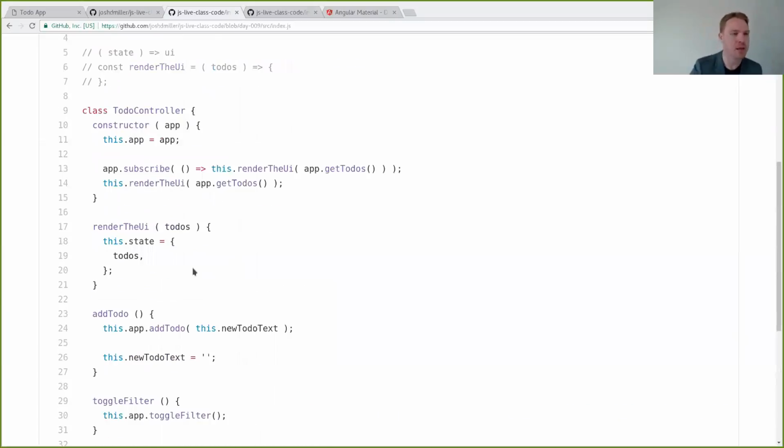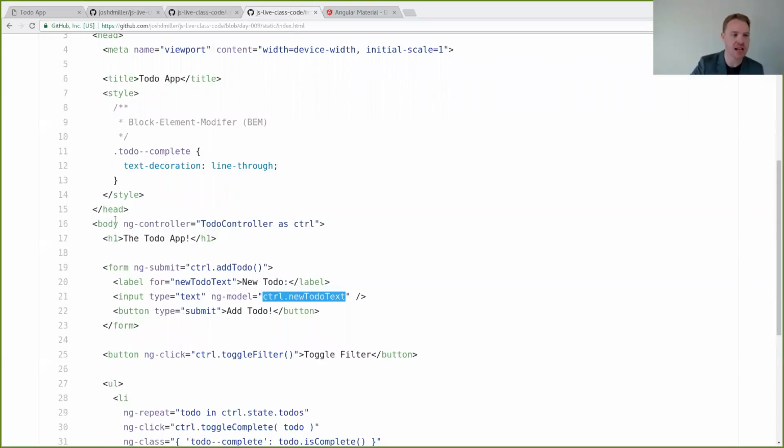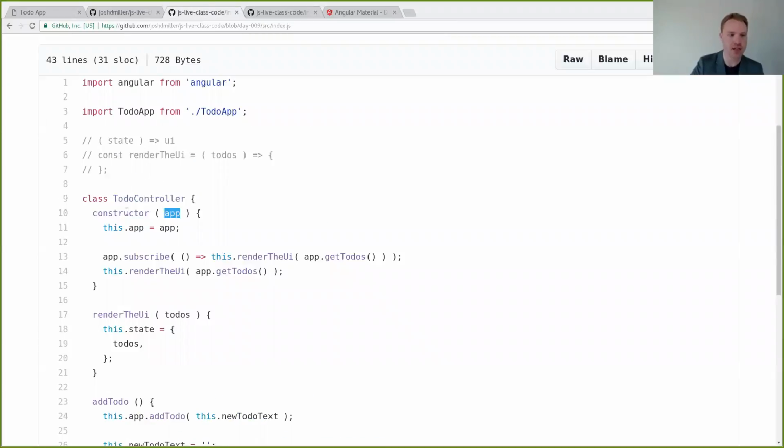So remember back up here, we said that our to-do controller needs to take an instance of to-do app as an argument. We know it needs to get that in there. Where does that come from? Nowhere in our app do we say new to-do controller. This to-do controller gets instantiated just because of this line. That's it. But what Angular is going to do is look at the constructor, and it's going to say the constructor is looking for something called app.